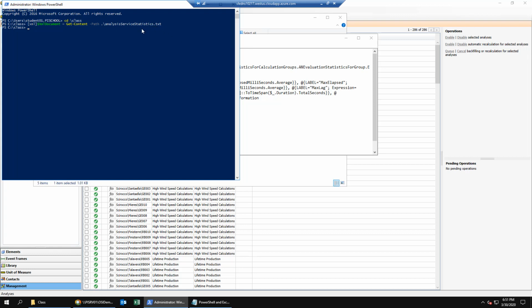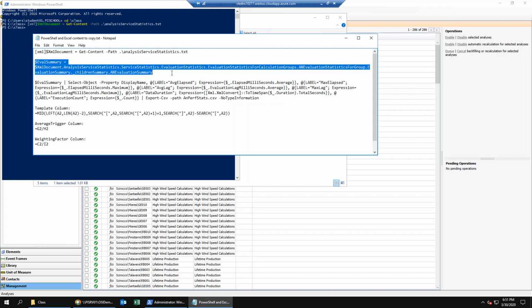Next, we're going to parse that data and export it into a CSV format so that we can analyze it in Microsoft Excel. So if we click back into our PowerShell and Excel content to copy.txt file, we'll copy the third line there into Microsoft PowerShell.